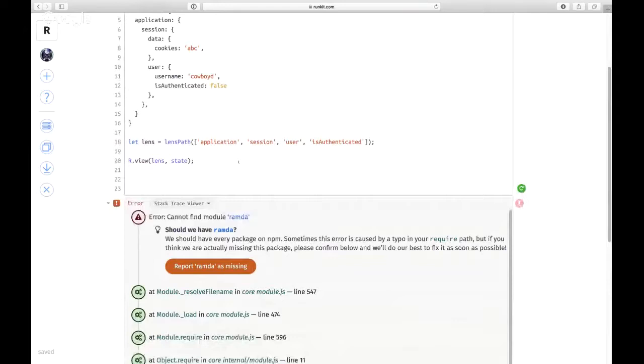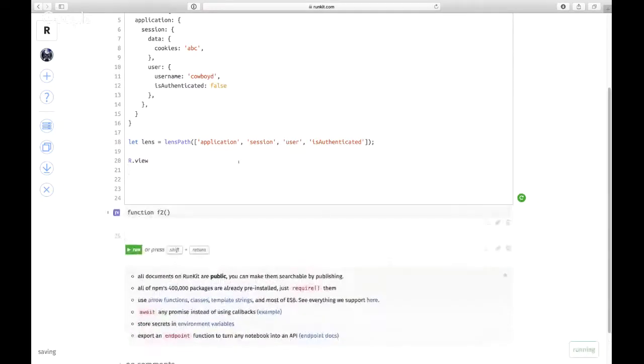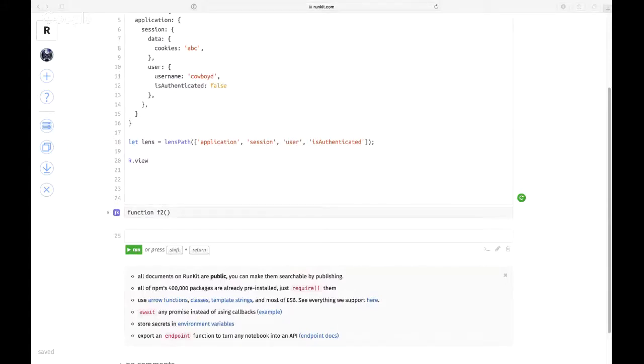That's so strange. Well, tell you what, if Ramda won't do it, we will use,